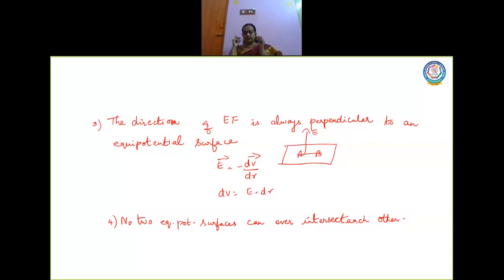Can you remember? We have discussed the same type of sentences somewhere. Any guesses? We read the same type of sentence while we were studying the properties of electric field lines. Right? Same thing here: no two equipotential surfaces can ever intersect each other. Again, I will explain this better.